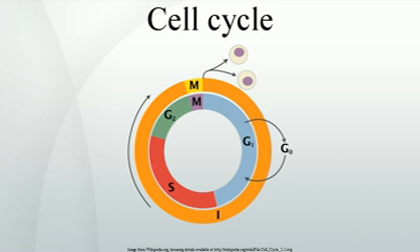Mitosis and cytokinesis together define the mitotic phase of the cell cycle, the division of the mother cell into two daughter cells, genetically identical to each other and to their parent cell. This accounts for approximately 10% of the cell cycle. Mitosis occurs exclusively in eukaryotic cells, but occurs in different ways in different species.